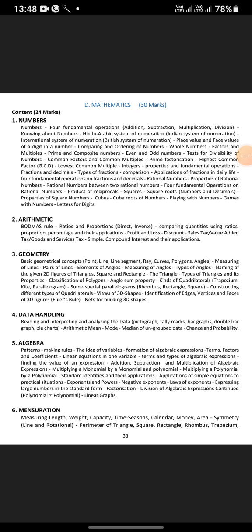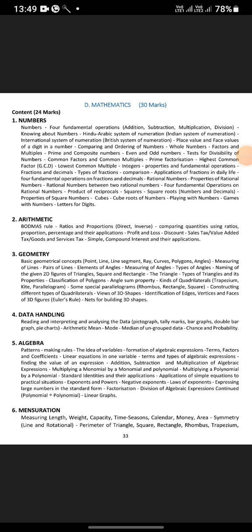types of fractions, comparison, applications of fractions in daily life, four fundamental operations on fractions and decimals, rational numbers, properties of rational numbers between two rational numbers, four fundamental operations on rational numbers, product of reciprocals, squares, square roots, numbers and decimals, properties